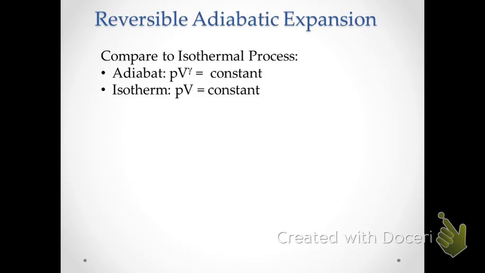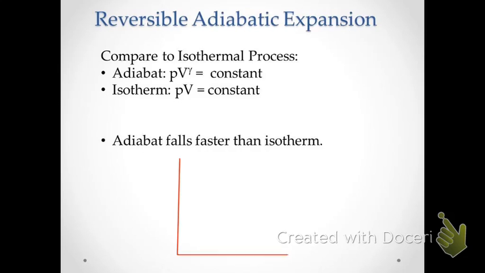The isotherm. For an isotherm, we'll remember that pressure times volume is equal to a constant. So for an adiabatic process, P times V raised to the gamma is the same throughout the process. For an isothermal process, P times V is equal to a constant, the difference being the exponent gamma. Now, if we graph these, we find that, very simply, graphing pressure versus volume,